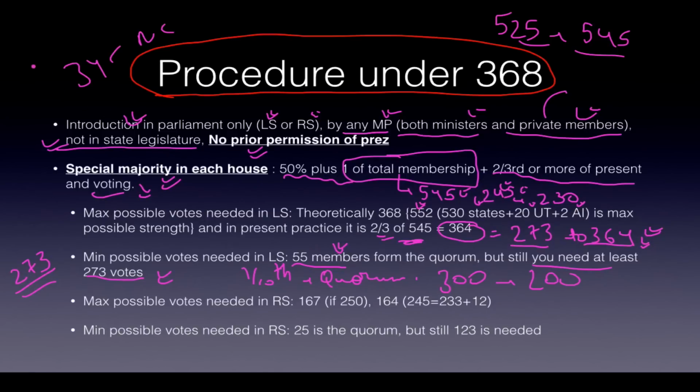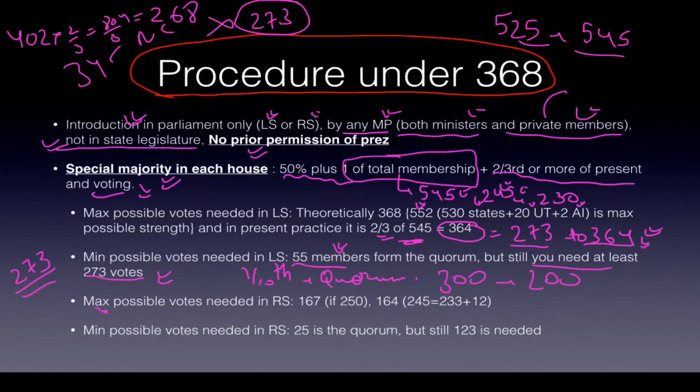So let's say 400 members are present, 402. If you just do it by this, what you will get is 804 divided by 3. This is how people do the calculation slowly. 804 divided by 3 will give us 268 members. Now can it amend? No. Answer is again 273 at least are required. So they can ask you certain questions and then you have to apply the logic.